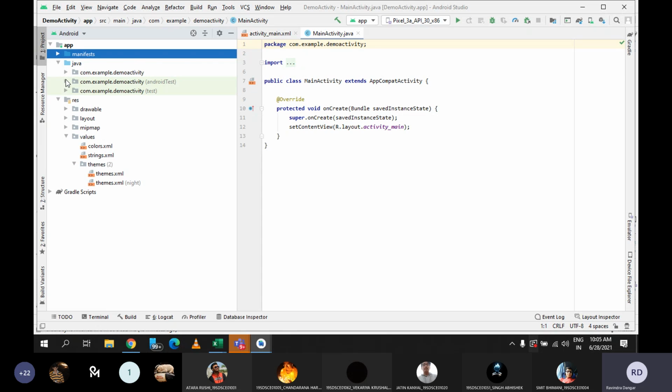For that, you don't need to go for the two packages which are for testing. See, when you build the application, then internally it is going to be tested. Like, do we have any compilation error or not? Do we have any exception or not? So you don't need to worry about the remaining two packages, but for you, this is the master package, com.example.demoactivity. So the beauty of Android is whenever you want to develop any activity, designing and development both have separate tracks.